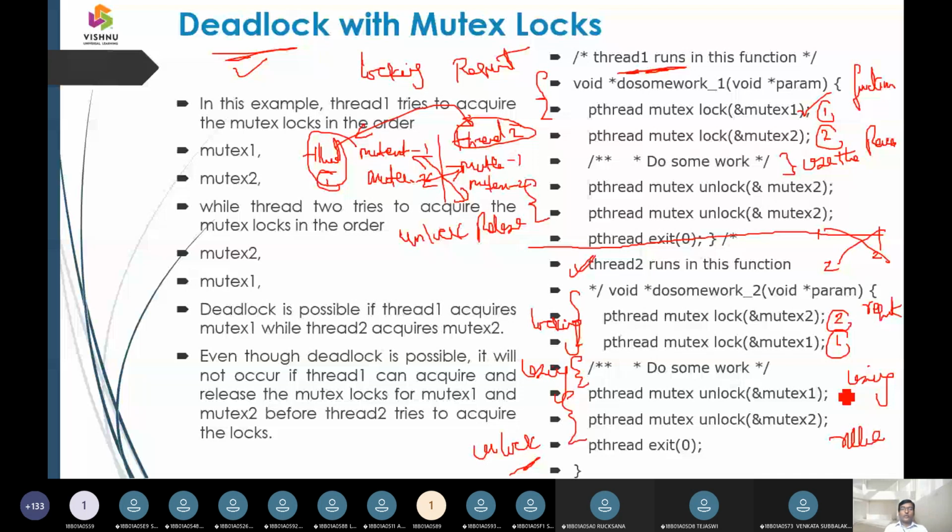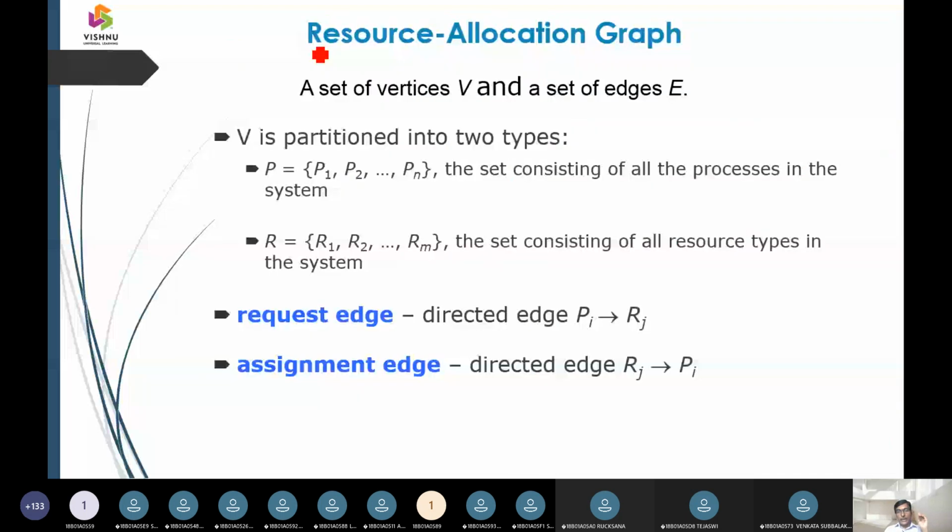Okay, now how are deadlocks represented? The next and foremost important aspect here is an algorithm called Banker's algorithm. In this Banker's algorithm, it is going to drive a resource allocation graph.